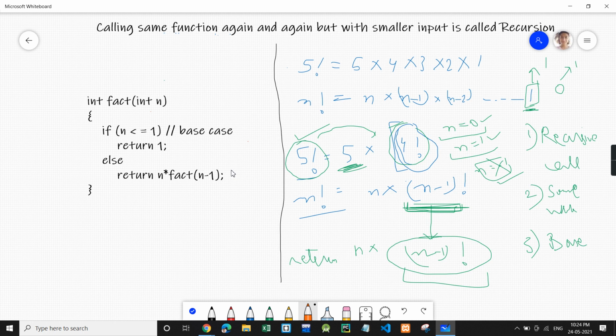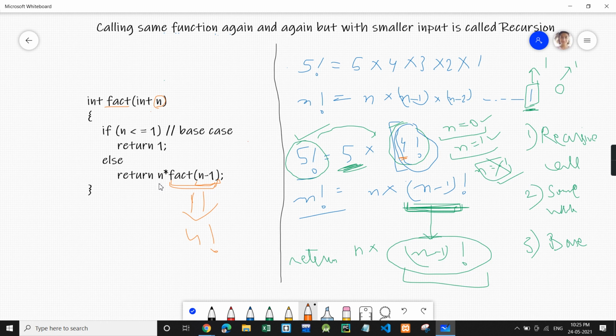In the code, first of all, this is our recursive call. We have a function fact, and in that we have n. In the recursive call, we are passing n minus 1. Over here we saw that we were calculating 4 factorial, and this fact function will calculate 4 factorial for us.